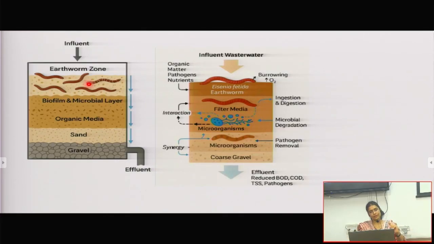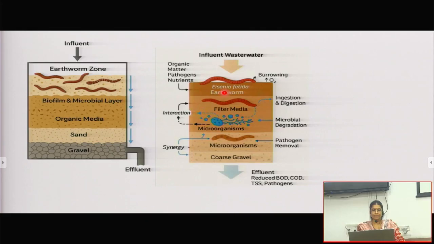So it is like a step action. There will be an incoming flow rate, then we stop for a few hours, as we do for an SBR reactor. So here you'll see the kind of biofilm which we see in an activated sludge plant. Usually the risk is that in the biofilm layer, with time, there could be an anaerobic environment. But since the earthworms are on the top and actively moving around and wriggling, oxygen depletion does not happen. So anoxic zones don't form, and that's good for us.